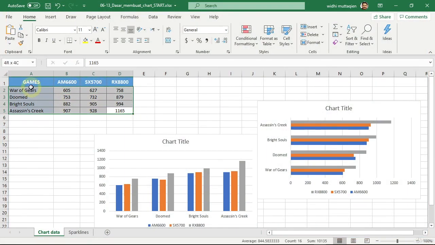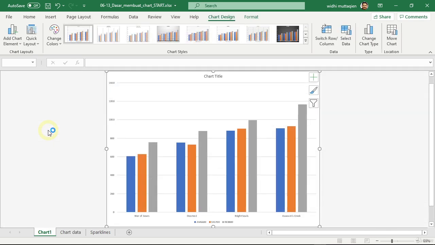If we select the data cells again, like this, then press F11, Excel will create a similar column type chart as before. But instead of creating it on the same worksheet, Excel creates a special worksheet for this new chart. You can see that this chart is inside the worksheet called Chart 1.